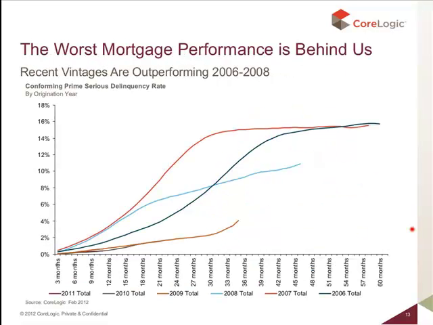If we break those mortgage portfolios out by the years in which they were originated, this line shows cumulative default rates over time. So if we take the red line, the 2007 vintage of loans, all loans originated in 2007, you can see by the time these loans were 18 months old, just under 8% of those loans were already seriously delinquent. And by about 2.5 years, about 14% or 15% of those